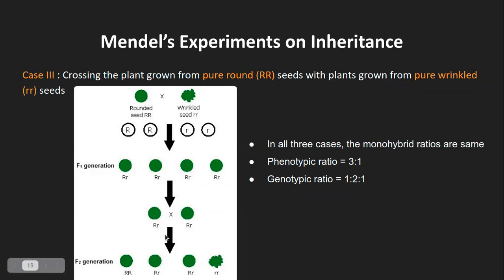But if it is one gamete from each parent, then it is usually one offspring. It's the same case with humans also. Sometimes we do have twins and triplets and quadruplets and so on, but these are rare situations. Usually one gamete from each parent will form one offspring. So the same is the case here as well.